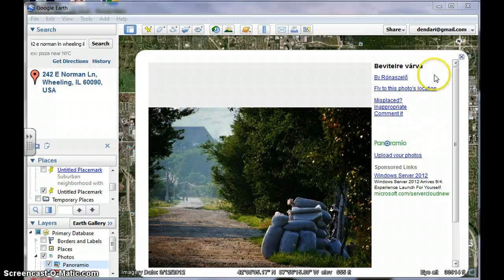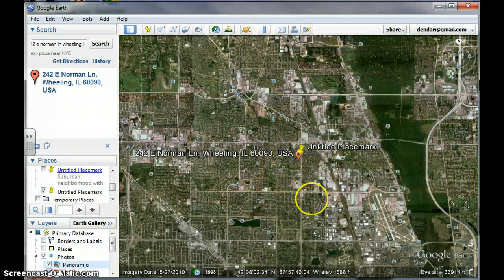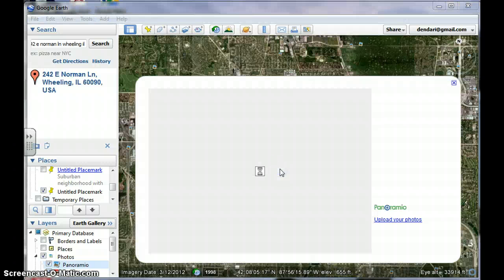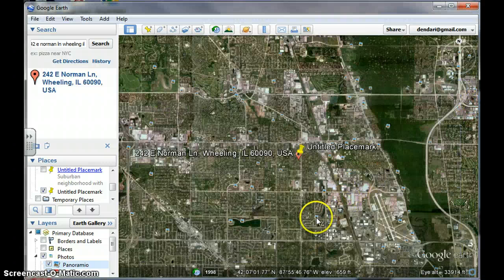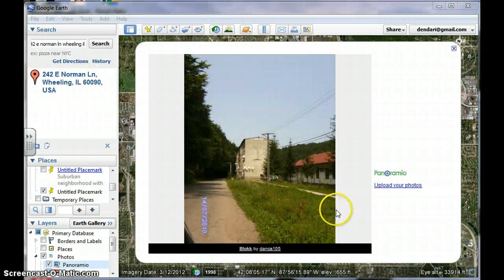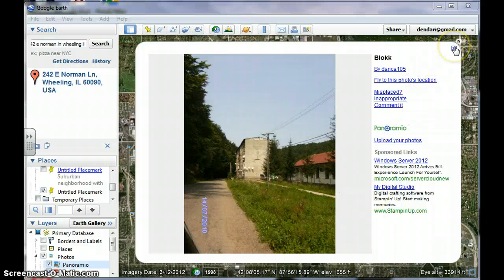Wow. And you can see pictures of the real world right around there. So obviously somebody has this one, backyard from the second floor. I don't think that's a true picture. But if we go somewhere else,